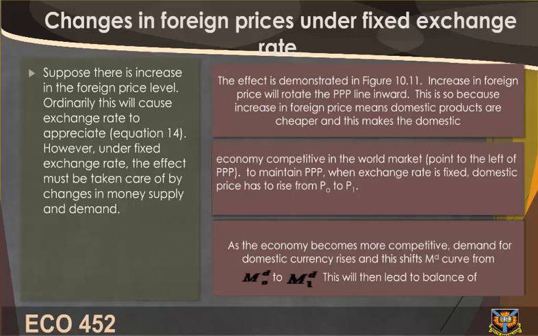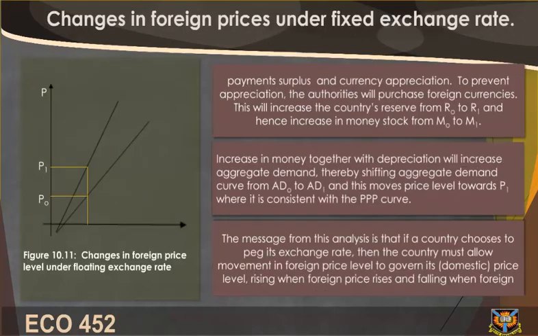Increase in foreign price will rotate the PPP line inward. This is so because increase in foreign price means domestic products are cheaper, and this makes the domestic economy competitive in the world market. Point to the left of PPP. To maintain PPP, when exchange rate is fixed, domestic price has to rise from P0 to P1. As the economy becomes more competitive, demand for domestic currency rises, and this shifts MD curve from 2. This will then lead to balance of